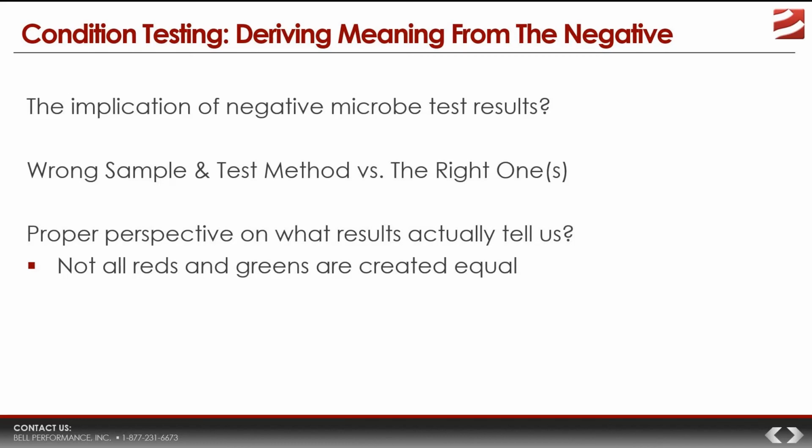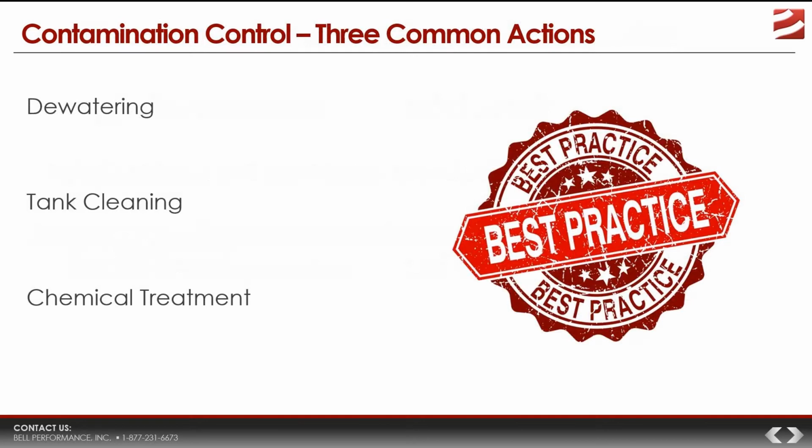we then have to transition from condition monitoring and condition testing. We now transition to the last part of this. Two hours and 10 minutes later, we are transitioning to contamination control, which involves controlling and getting rid of the problem that we think we have. Now, we consider that everything that we have talked